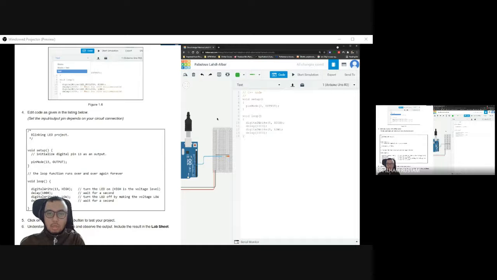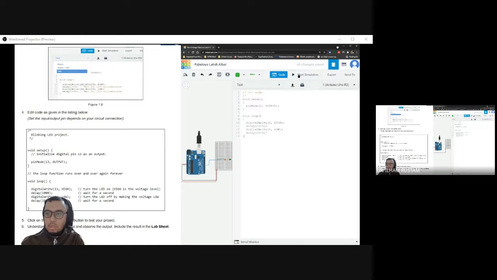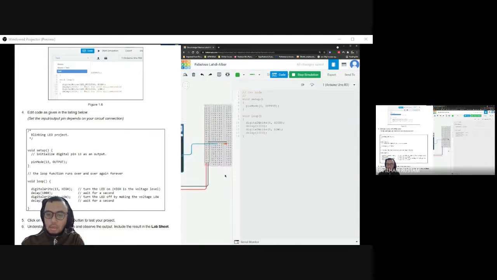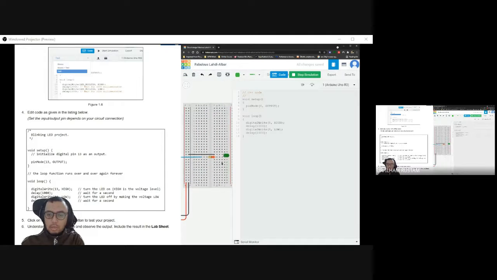Saya try dulu in case yang apa saya buat ni maknanya saya tak perform ke, kod saya salah ke. So saya try dulu. So saya just dah siap kod ni, saya just tekan start simulation. If there's an error, you'll be seeing it here lah. So as you can see, ni saya punya result eksperimen saya, dia berkelip. 1000 maksudnya